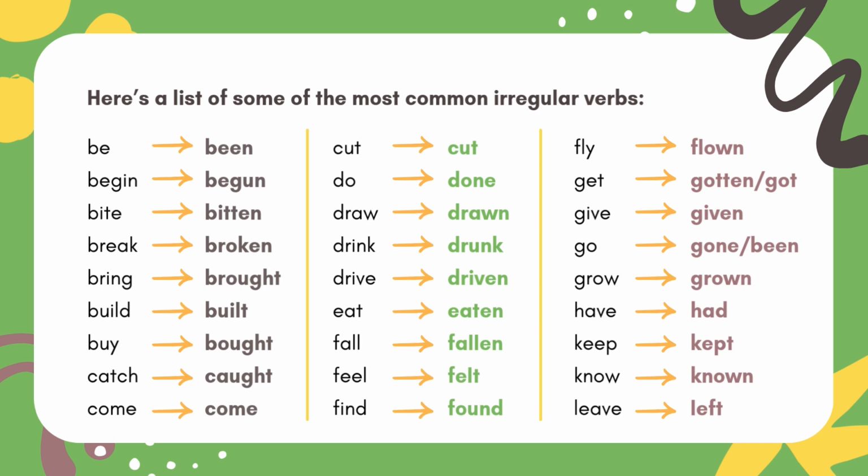Be, been, begin, begun, bite, bitten, break, broken, bring, brought, build, built, buy, bought, catch, caught, come, come, cut, cut, do, done, draw, drawn, drink, drunk, drive, driven, eat, eaten, fall, fallen, feel, felt, find, found, fly, flown, get, gotten or got, give, given,